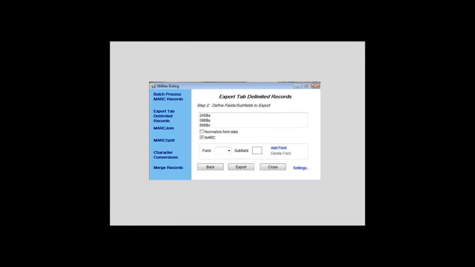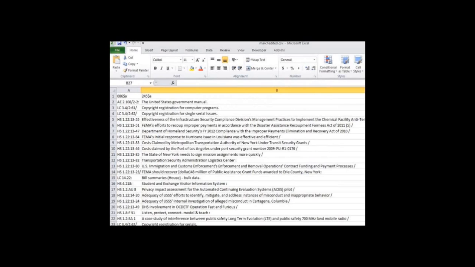You can also use it if you want to, for example, extract data from your records and you don't want the whole record. Again, when I work with those records that come from the federal government, we have a whole team here of GovDocs that I want to get approval from before I import them into the catalog. And they don't need to see the whole MARC record. So I run the MARC Edit utility to extract just the title, the call number, and the link to see them online, and I export it to an Excel spreadsheet, and that's a much more user-friendly view for them than looking at the whole